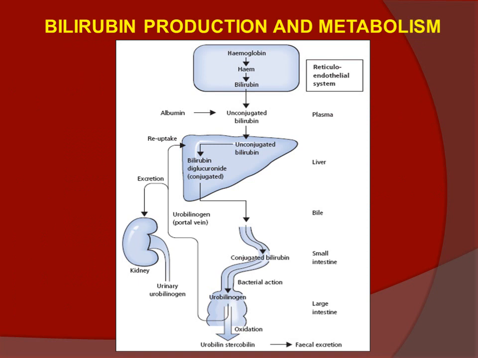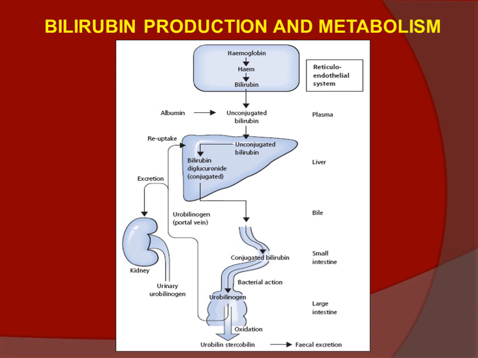And a brief information about bilirubin production and metabolism. The body usually produces about 300 milligrams of bilirubin per day as a breakdown product of heme, about 80% from red cells and from other proteins such as myoglobin and cytochromes. Bilirubin is insoluble in water and is carried in plasma bound to albumin, and normally is not filtered at the glomerulus. In the liver, unconjugated bilirubin is conjugated with glucuronic acid by the enzyme glucuronyl transferase, making it soluble in